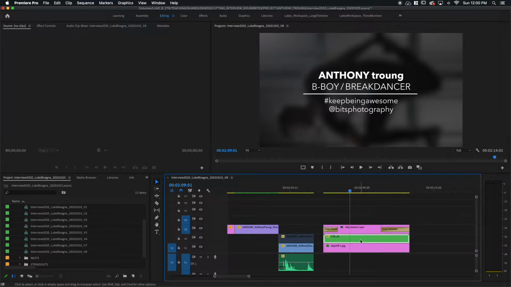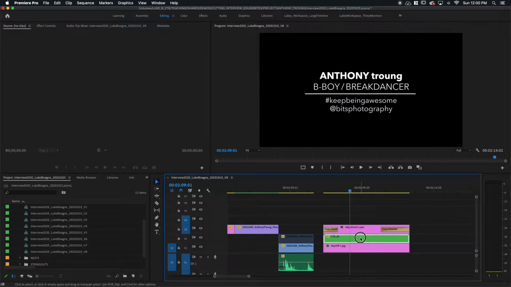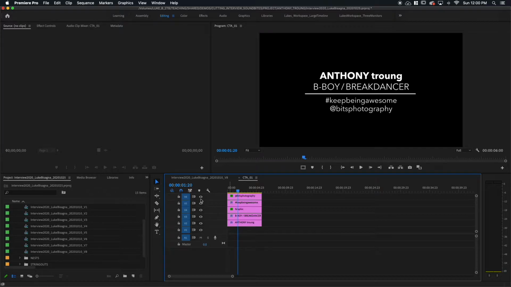And if I double click on it, you can see all of the clips inside that make up all these individual lines of text and the graphical element, that line there, are contained inside. Here's all the individual layers. And what I've done is collapse them into one clip that's actually a sequence.